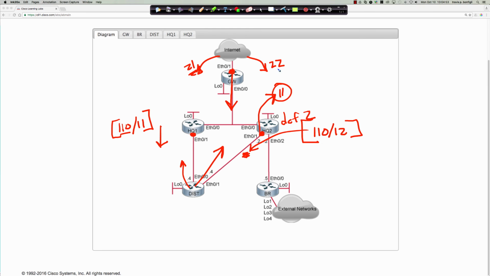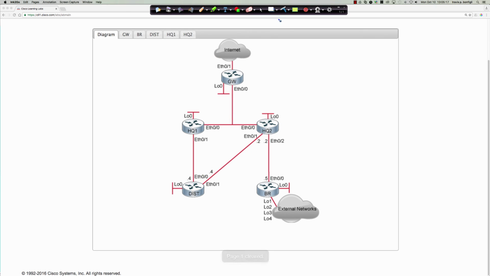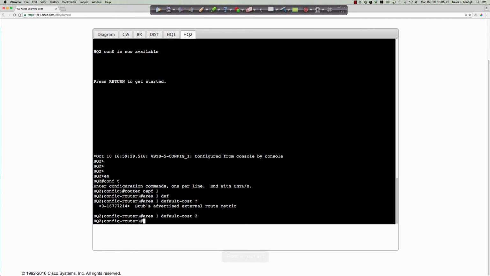And the reason this is important is if we didn't do this, right now, this is what would happen. The distribution router would send its traffic this way, and we could run into asymmetric routing coming back in that way. Because again, we're load balancing coming in this way, right? So there's a possibility that we could have unexpected results. So let's go ahead and on HQ2, jump into interface Ethernet 01,